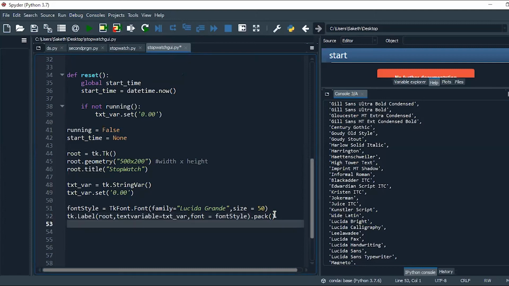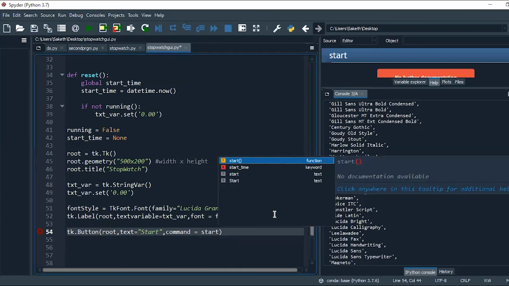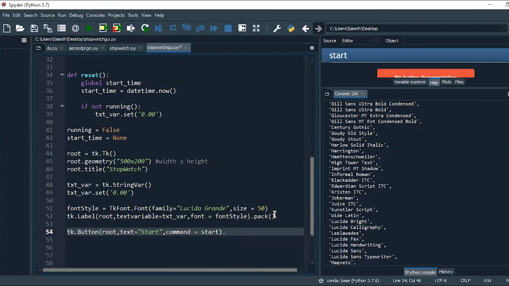right? So I define tk dot buttons, tk dot button of root, same root for everything. And what is the text I want? I want the text as start. And in the commands, what do I define? I define my start function. It should take the functionality from start, and that should